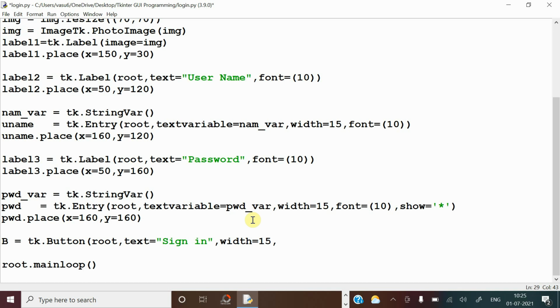Now after that, I can give the background color of the button also. What color you want for the button can also be given. So let's close this one. And after finishing that, for the button you also have to give the coordinates, which position on the screen it should be in. So here I have given x equal to 160 and y equal to 210. Now run this program.